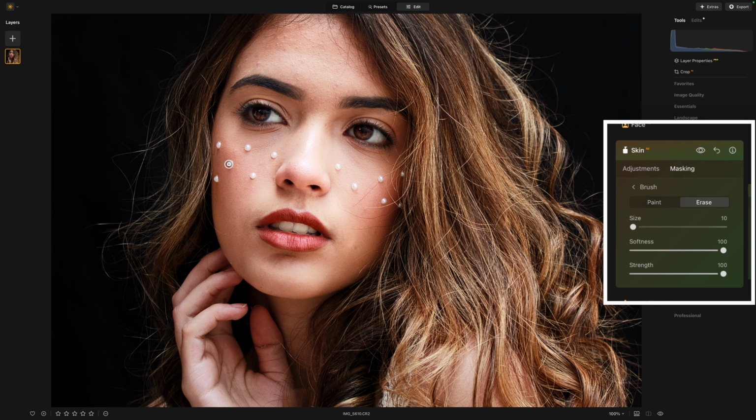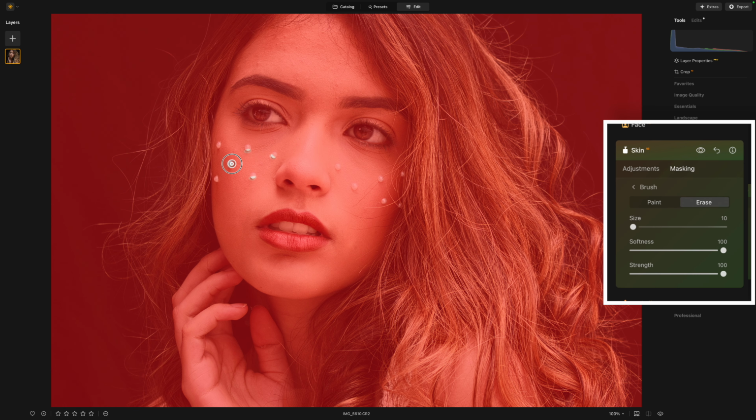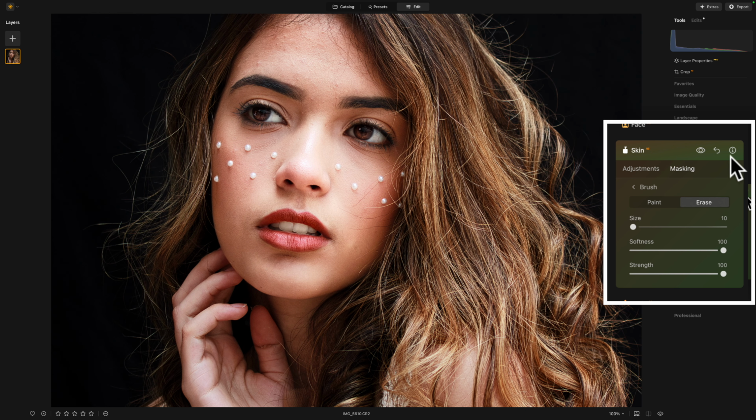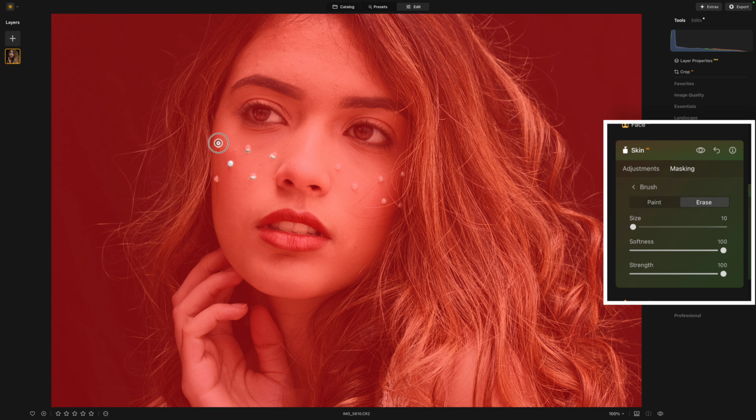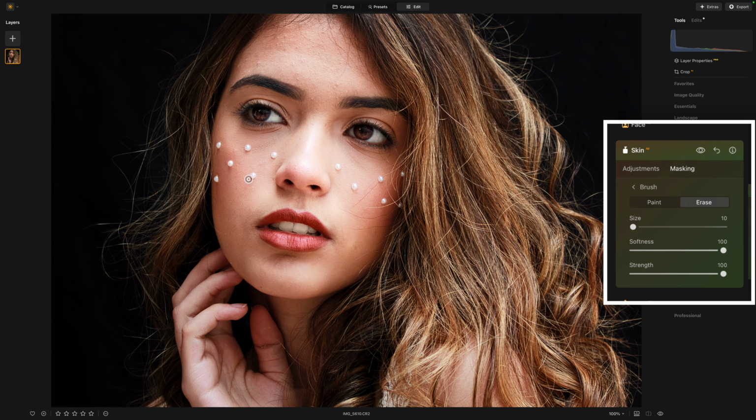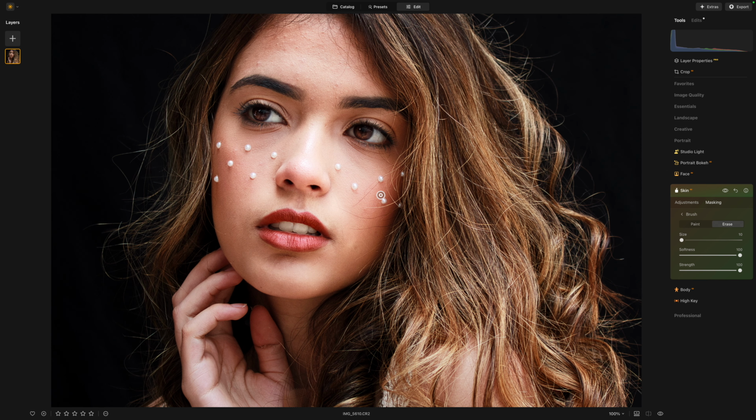So if you ever get something that you don't really like over the entire image, you can erase the edit from those areas just by using the masking icon here. So I was very easily able to recover the things that Luminar thought were skin defects, and I just want to tell Luminar, no, those aren't skin defects. Please leave them alone. They're actually supposed to be there. All right. So we'll call that good, but you'll definitely want to make sure that you take a deeper look